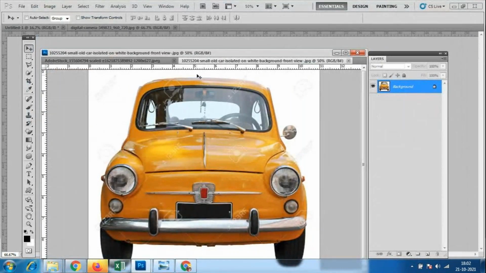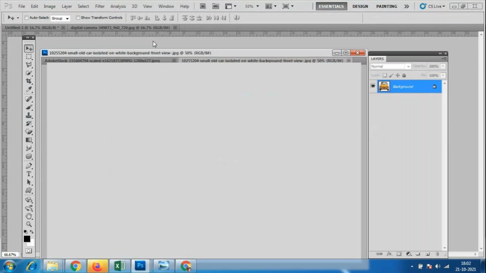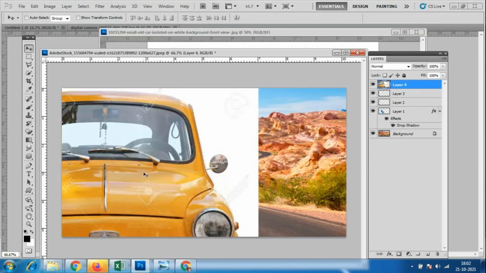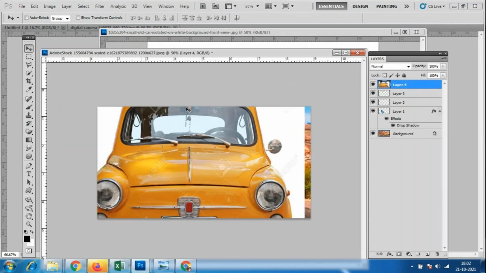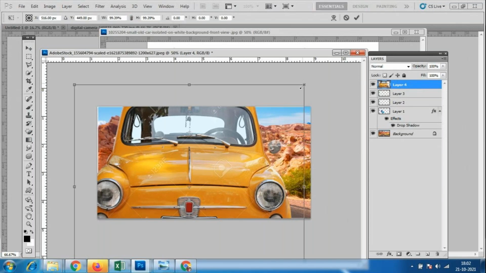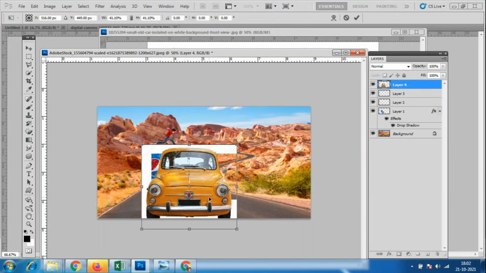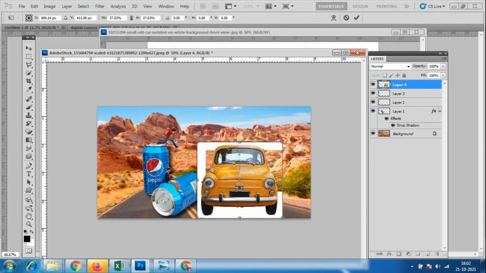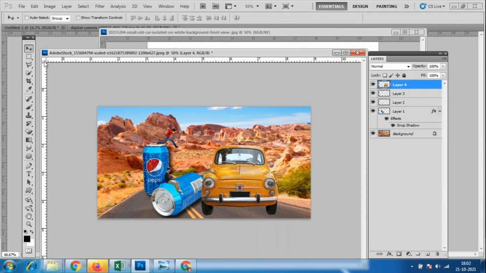The car already has a lot of text on it, so let me take this background only. I'll use the magic eraser tool here, and Control T. Let me check where I could place these kinds of images. I'll go to the magic eraser tool and remove the background. Control T.